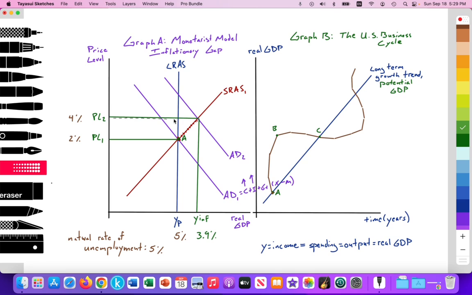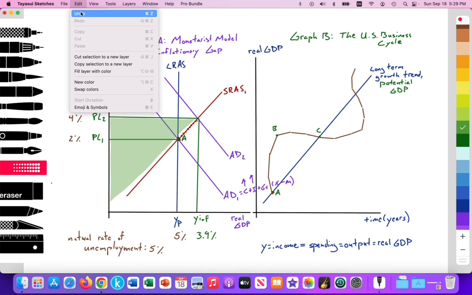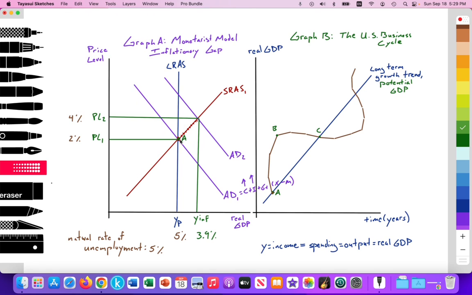This is the price they're receiving on average, their marginal cost of production in the aggregate, and that becomes their rising profit margin with cost of production being held constant. So firms take on more factors of production like labor to increase the quantity of their aggregate supply. That explains why the unemployment rate is decreasing from 5 to 3.5%. And that leads us to a new equilibrium in the short run at point B. So in the business cycle, we're going from A to B. We're inside that inflationary gap. We're in that boom.